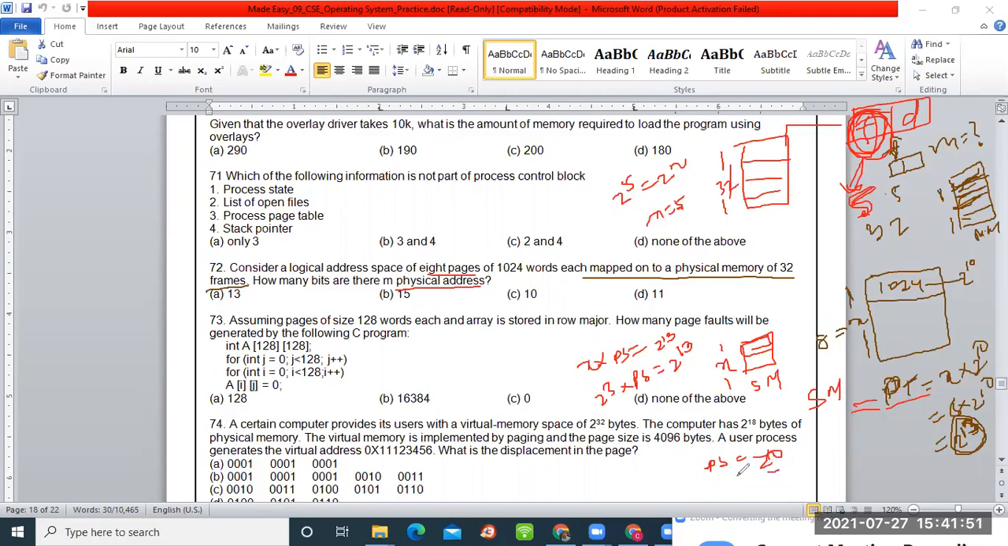Now if the page size equals 2 to the power of 10, can I find the value of d? 2 to the power of d will be equal to 2 to the power of 10. So the value of d is 10 here. Now what is the total physical memory required? The physical address required is f plus d, which is nothing but